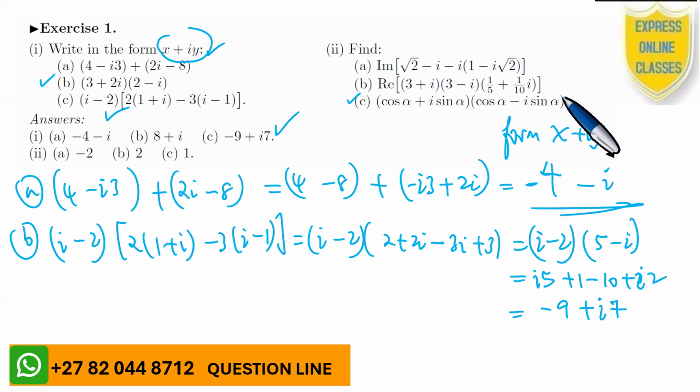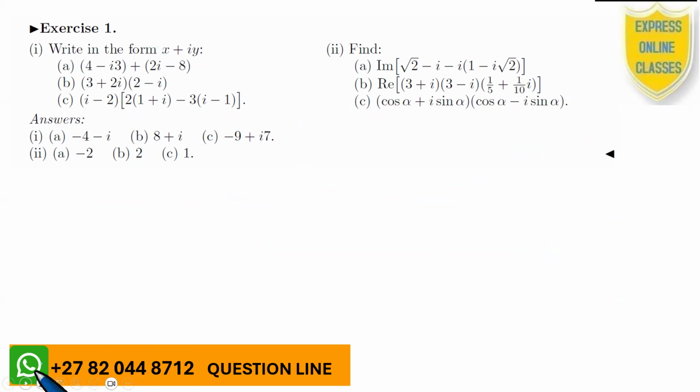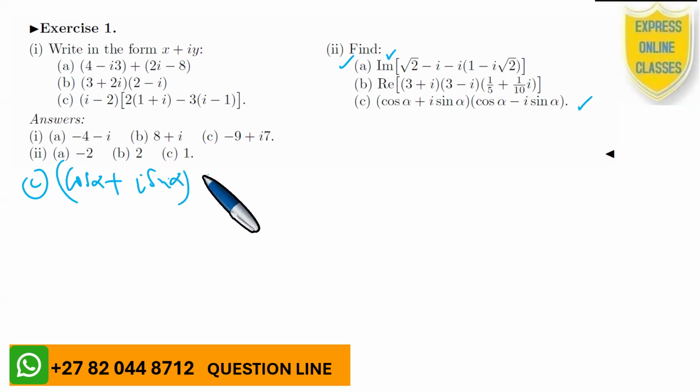Okay, now let us try this one also, C, because you mentioned that part. Let's try C first, and then we shall try the rest. Let's try C here first, and then we're going to do A and B for the imaginary and the real parts. So if we have cosine alpha, i sine alpha, cosine alpha, i sine alpha,